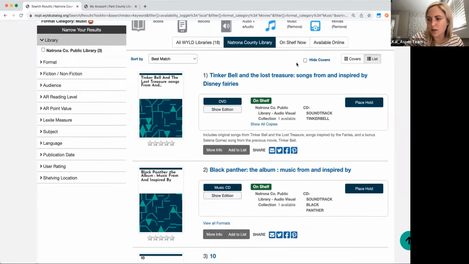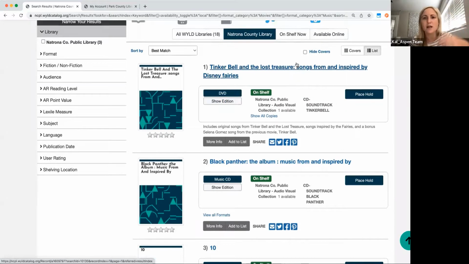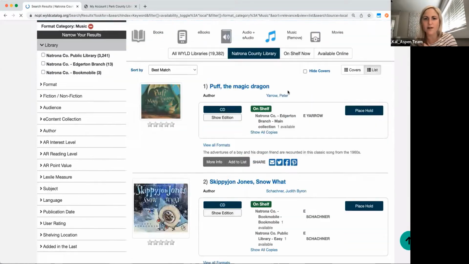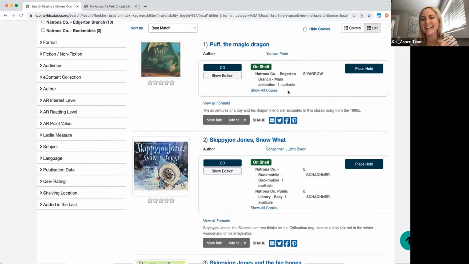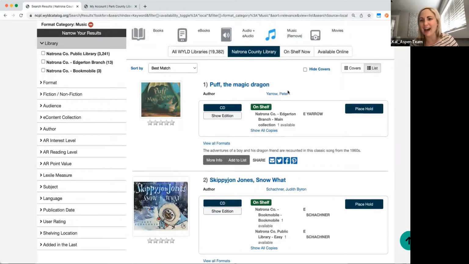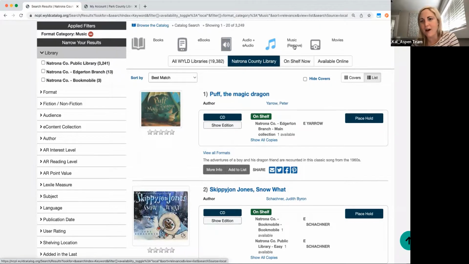DVD. It should be your music CDs and your audio cassettes. It should have, like I said, vinyls. Oh, I think I have both of them on right now. That's why. Okay, let's try that again. Okay, there we go. Your music CDs and your audio cassettes. If you have vinyl records, they would all be in that type of grouping. And then the same with the other icons that we have at the top.